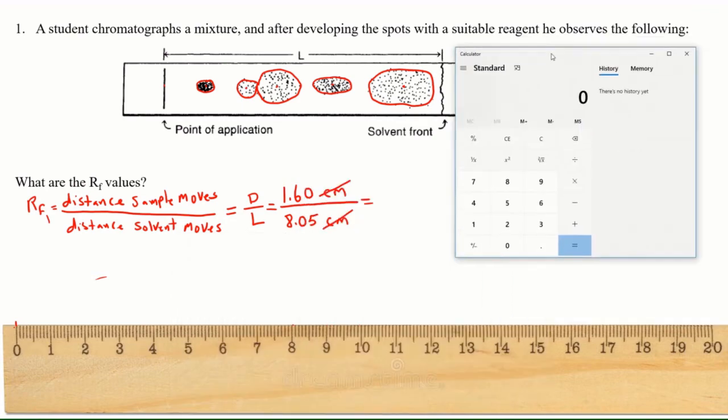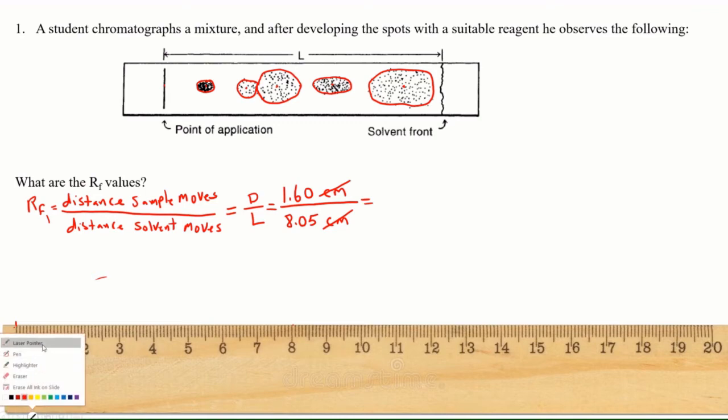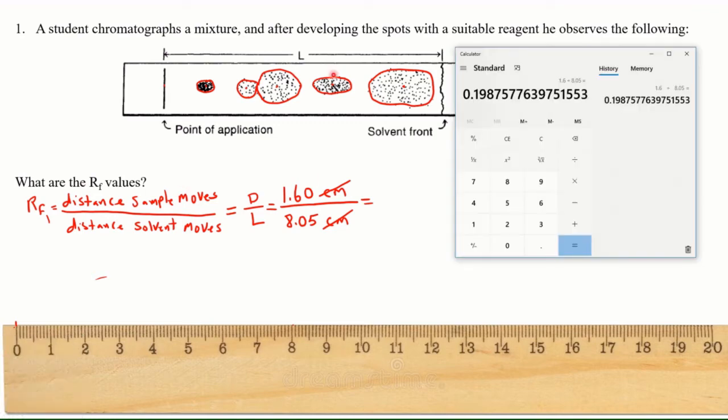Okay, so here I have 1.60 divide by 8.05. I get this very large number. Well, I cannot use the entire number, because if I look carefully at my measurements,